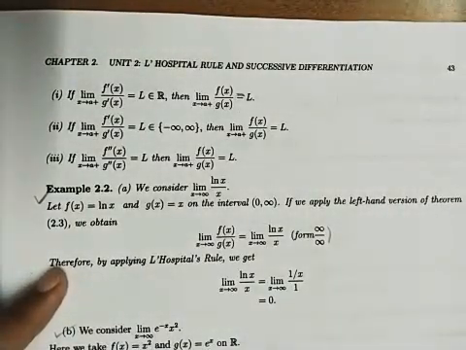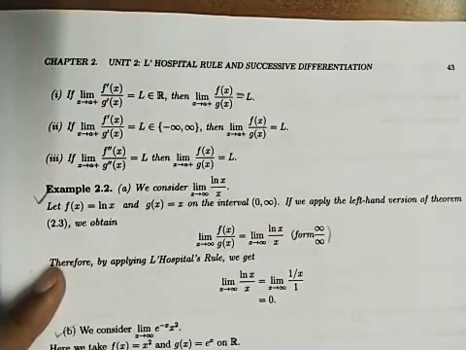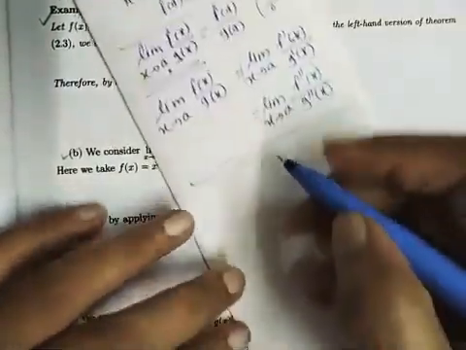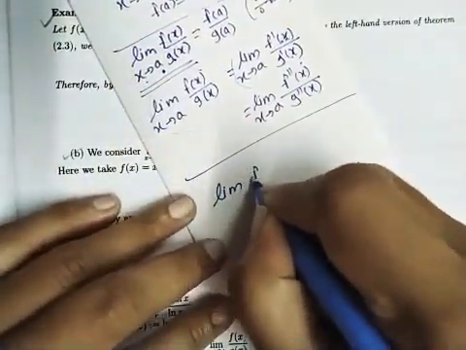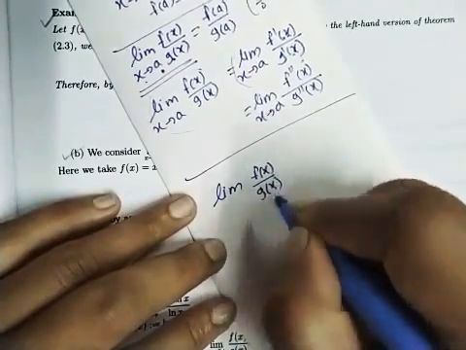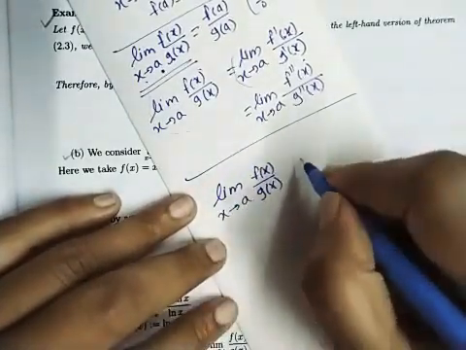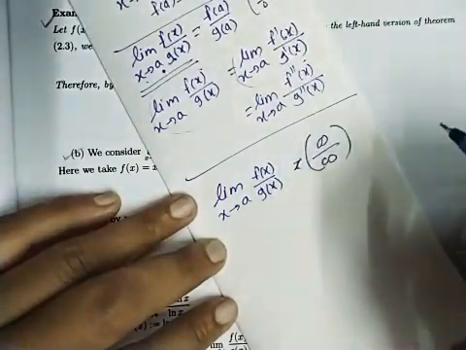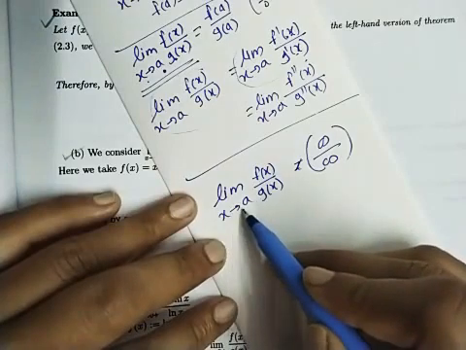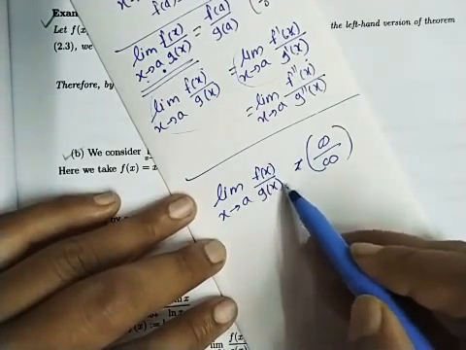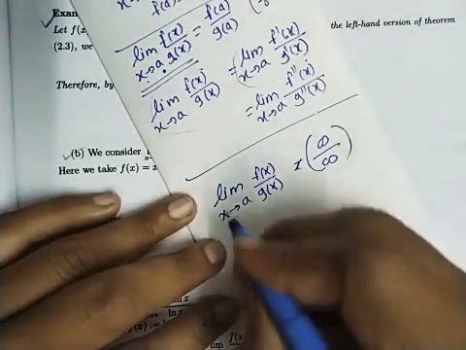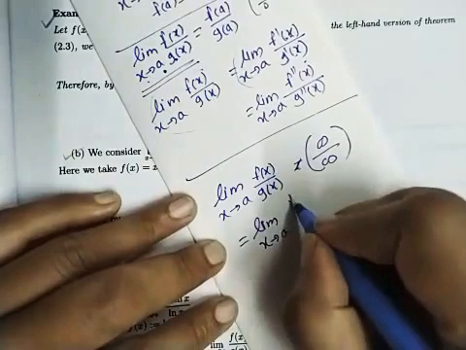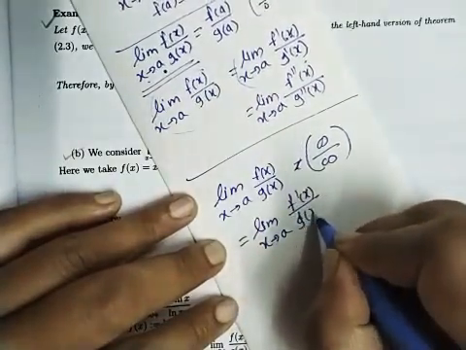In L'Hospital rule 1, we get the 0 upon 0 form, and in L'Hospital rule 2, we get infinity upon infinity form. Suppose limit of f(x) upon g(x) as x tends to a, suppose after applying limit x tends to a, we get f of a upon g of a, suppose it is infinity upon infinity, then similarly what we do is equal to limit x tends to a, again we take the derivative, that is f dash of x upon g dash of x.